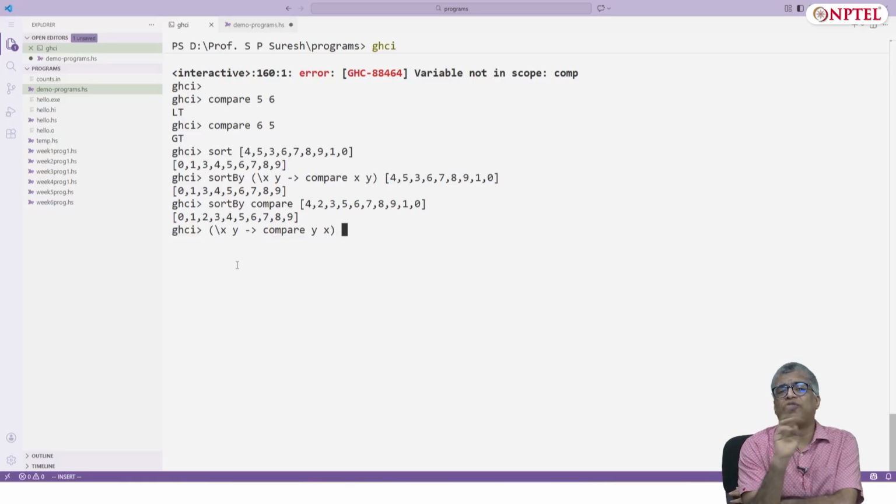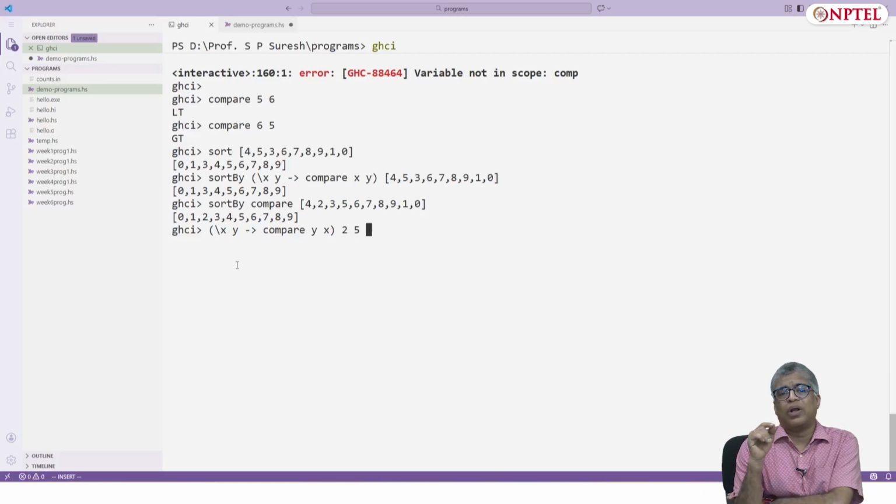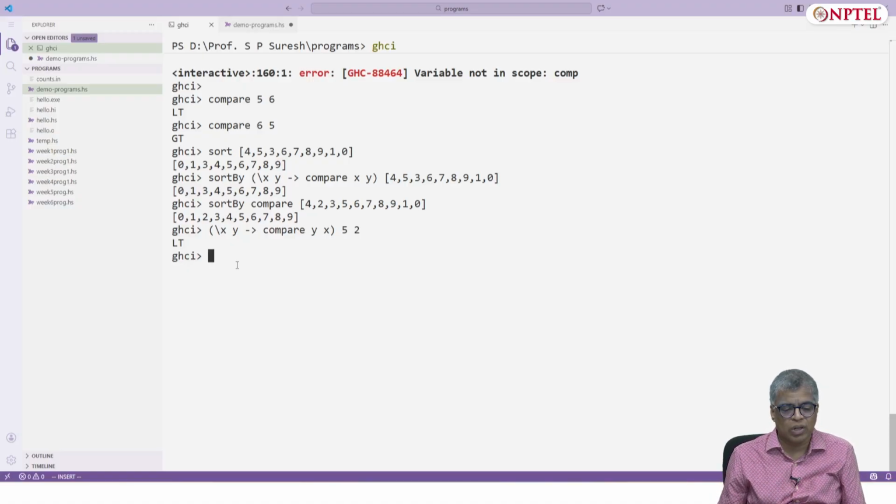So I'll flip the LT GT values, and if I do something like 2, 5, now really all what I'm checking is whether 2 is greater than 5. Okay, let's just check 5 2. I'm checking whether 5 is greater than or equal to 2. Now this should return true for me. Okay, it says LT. It's not true, it says LT, but really what you're doing is you are using the opposite order.